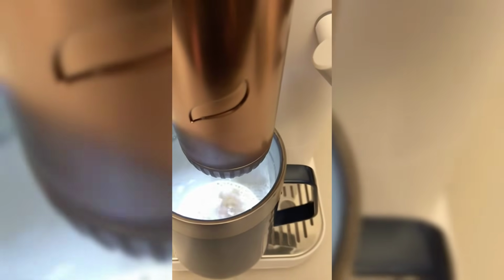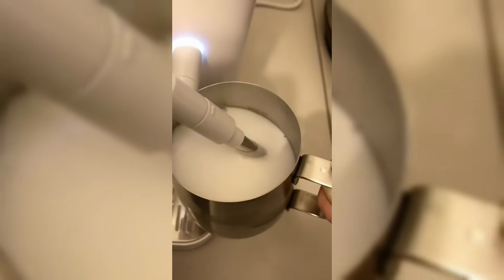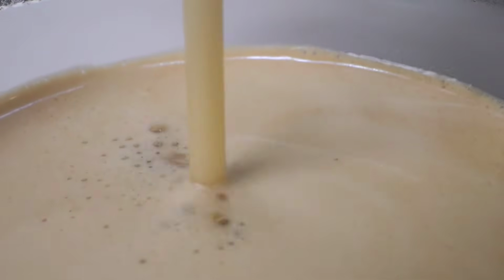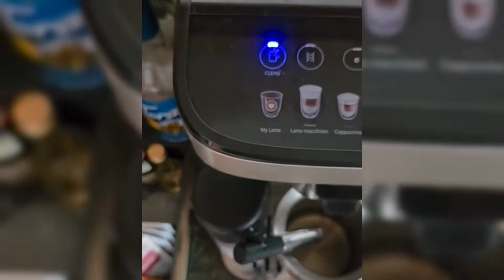Brewing is fast, the espresso is full of flavor, and milk drinks come out creamy, though the steam wand does require a bit of practice. Still, for anyone who wants something sleek, modern, and app-driven, the Affetto is a unique pick. So, which one fits your coffee style? If you want the most variety and the best milk drinks for the price, the DeLonghi Magnifica Evo is a